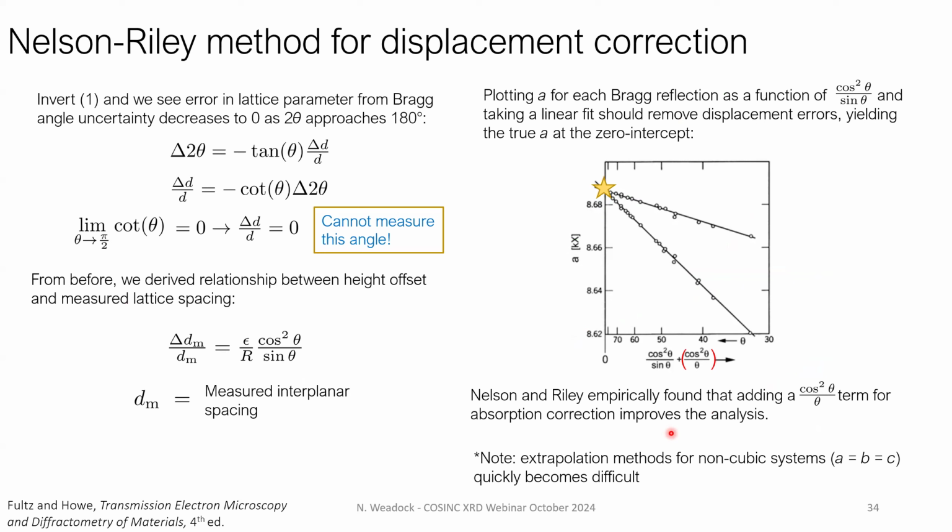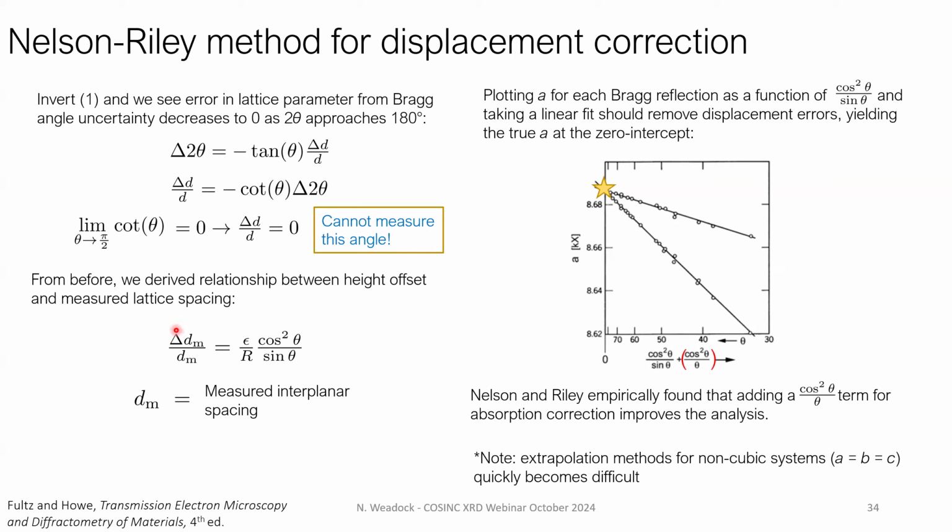The Nelson-Riley method for displacement correction is very common. So if we go back to that expression that we derived previously, what you'll see is that if you want to minimize any errors in your lattice parameter measurement, it's best to go to very high angles, and your error would go to 0 in the completely backscattering case of 2 theta equals 180 degrees. Obviously, you can't measure at this angle, but what this is telling us is that if you can measure diffractions out to higher and higher 2 theta values,